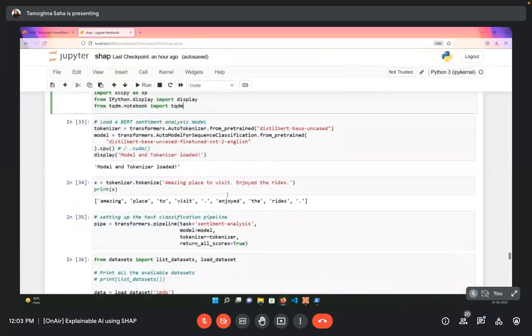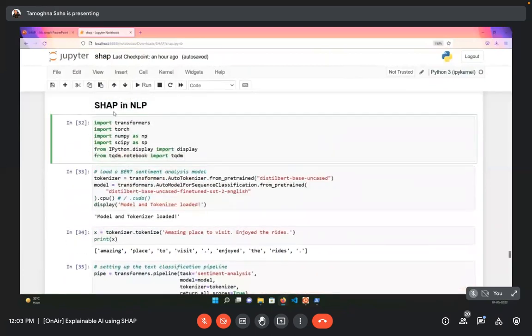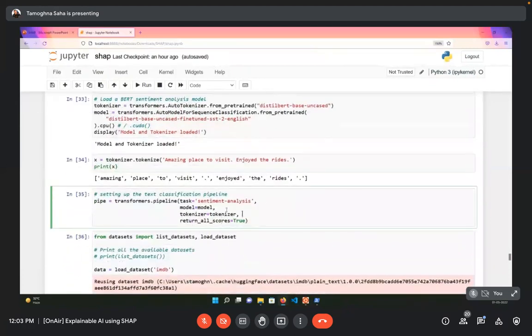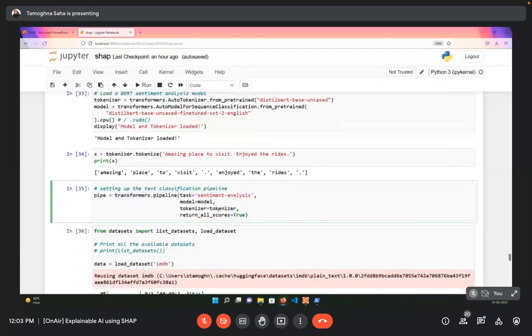And then finally, in this section, what we are doing over here in SHAP in NLP is calling in a transformers model. We are loading the DistilBERT uncased model for performing sentiment analysis. So this is the base tokenizer and the base model for us. Once we have loaded this model, we are performing tokenization. So DistilBERT has this level of tokenization; RoBERTa has something different. Then we are calling the transformers pipeline, and we are calling the sentiment analysis task over here by defining the model and the tokenizer and every other detail.